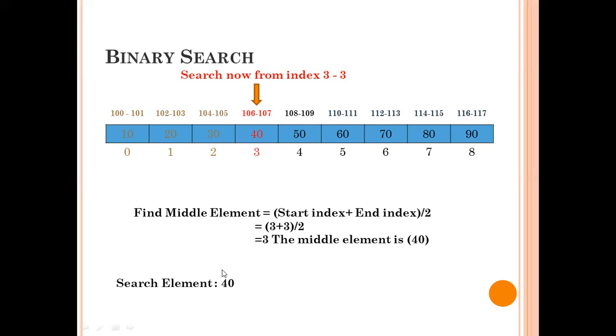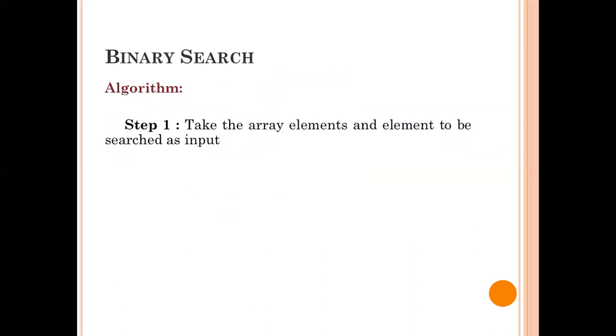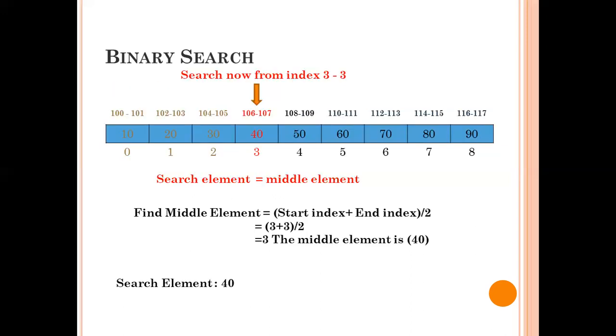And now what happened? The element that we are searching for is 40 and the mid element is also 40. So now we received it. So at this point, we can say that the element is found. If it is not found, then you'll have a criteria like the starting index will be greater than end index, or the end index will be lesser than the starting, like you'll have this option over here. So now this is how a binary search actually works.